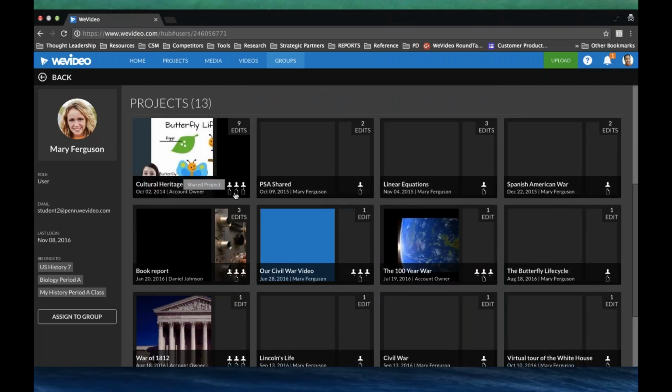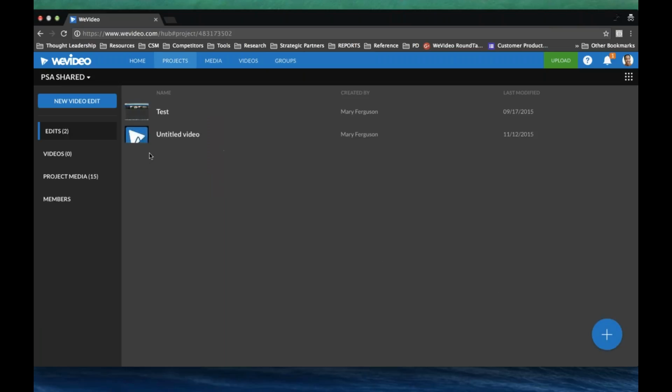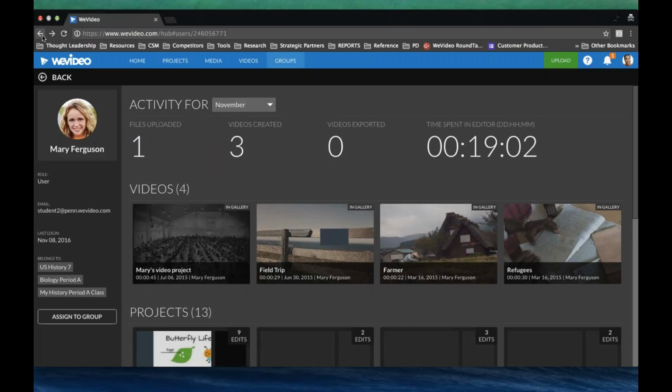And note how it doesn't matter if I'm shared on the project. She could be working on a personal project or a collaborative or shared project. It doesn't really matter. I can see them all. I can double click on a project, and at any point in time I can see exactly what the student is doing. So there's nothing hidden to the teacher. And lastly, in this student dashboard view, I can see which other groups Mary belongs to. In this way, I can discover opportunities for collaboration with other teachers, and perhaps we can do some interdisciplinary video work across different subjects.